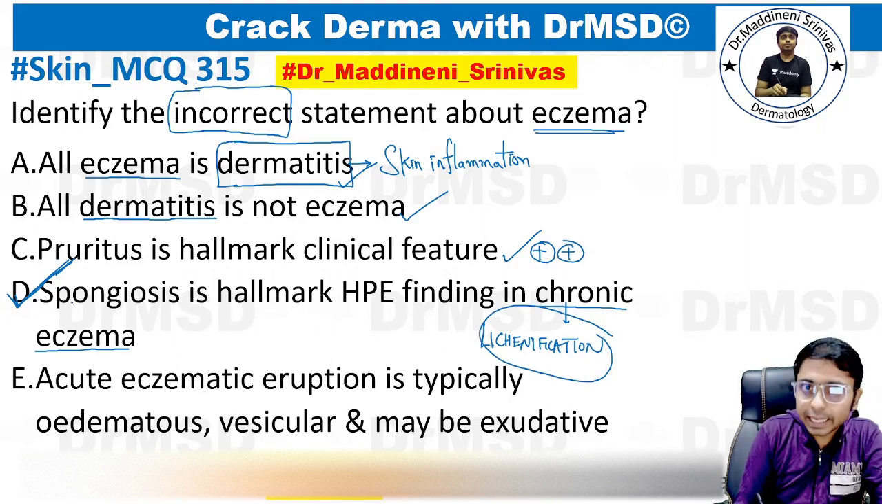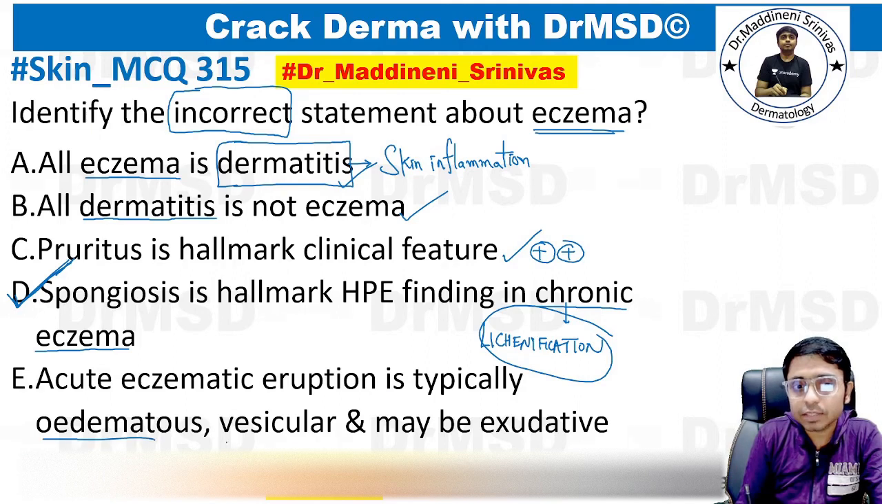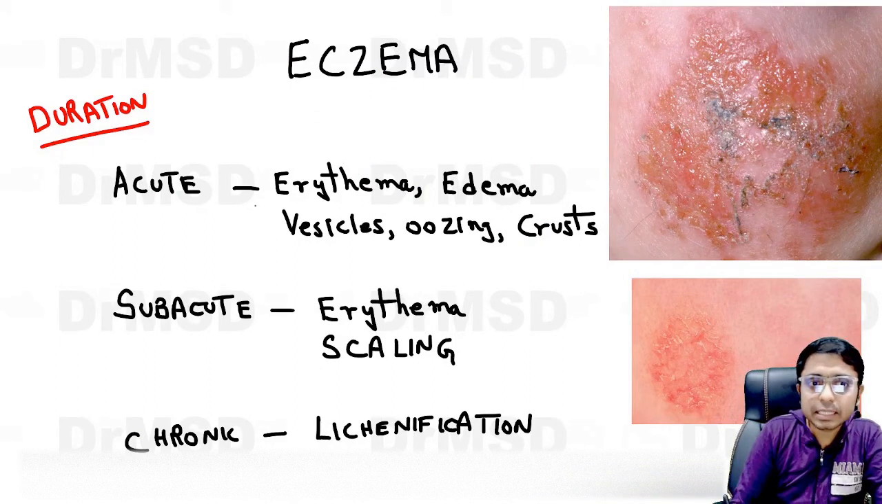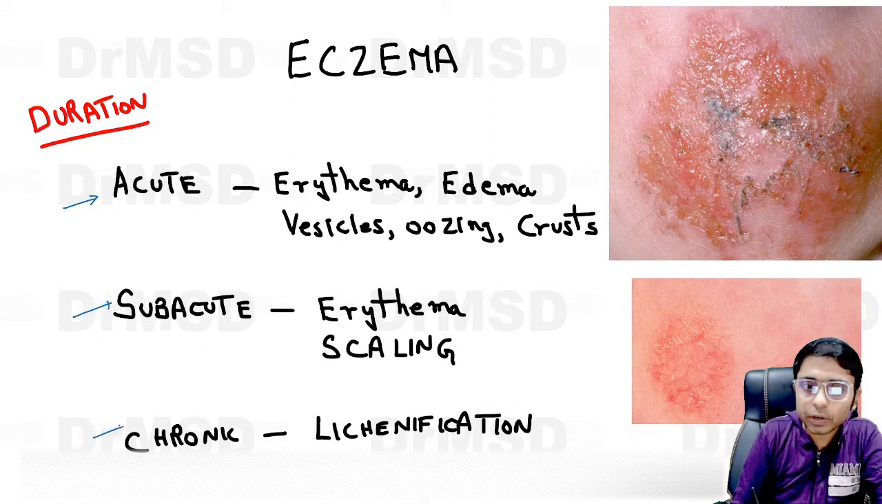And option D is wrong. And why is this? I will show you. Acute eczematous eruption is typically edematous, vesicular, and maybe exudative. This is also a right statement. If we look at the eczemas, depending upon the duration, we have acute eczema, subacute eczema, and chronic eczema. The differences are going to be in the morphology. In acute eczema, inflammation can be seen, which is very extensive in the form of erythema. The warmth also can be felt. Edema also will be there due to the